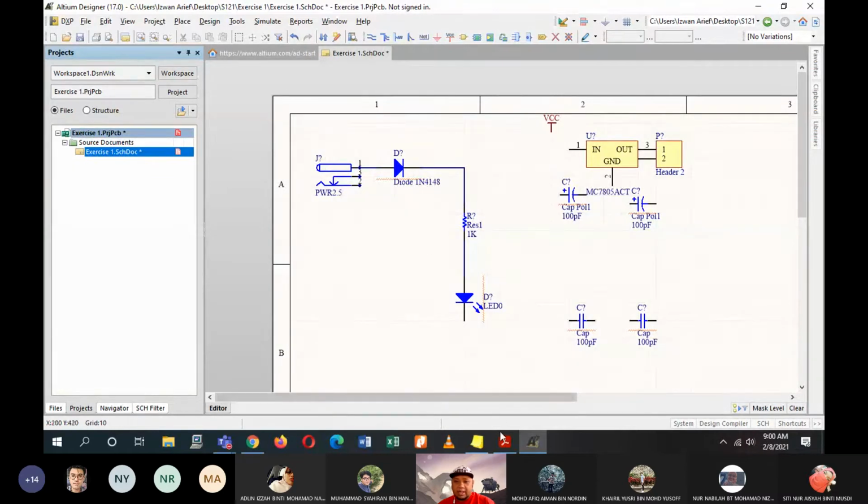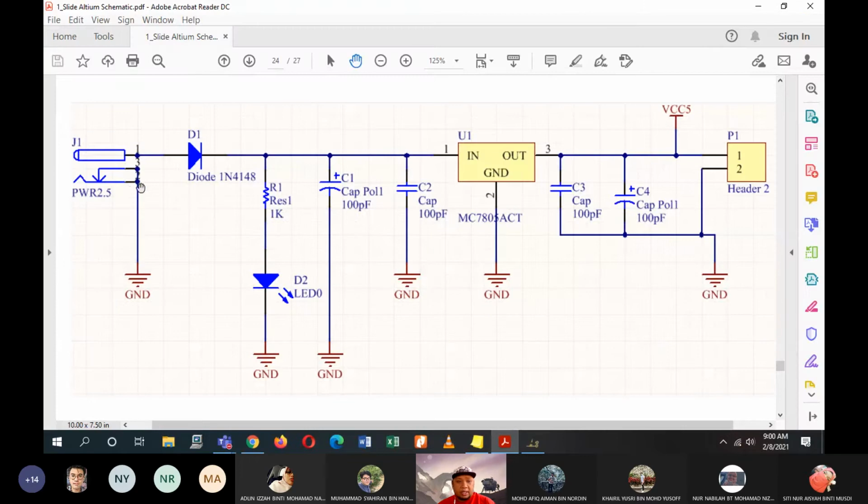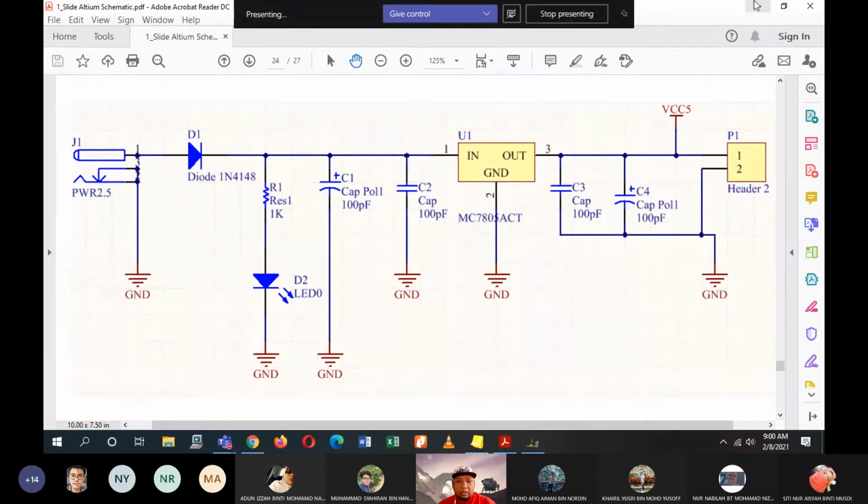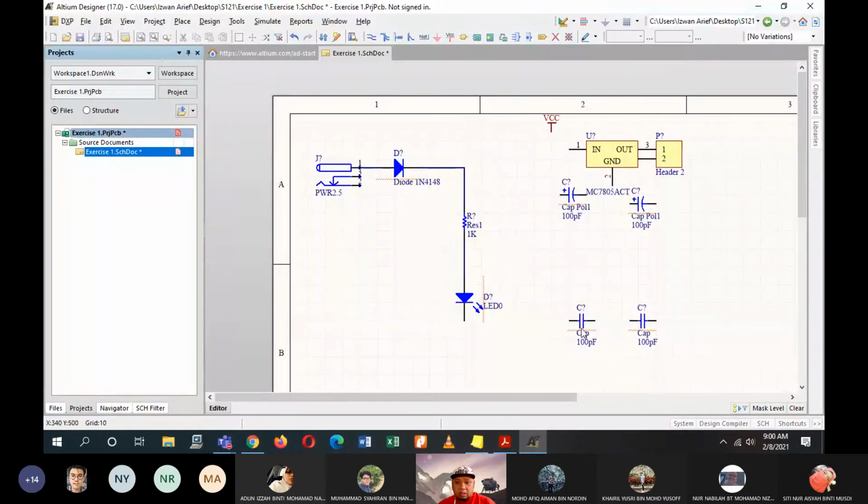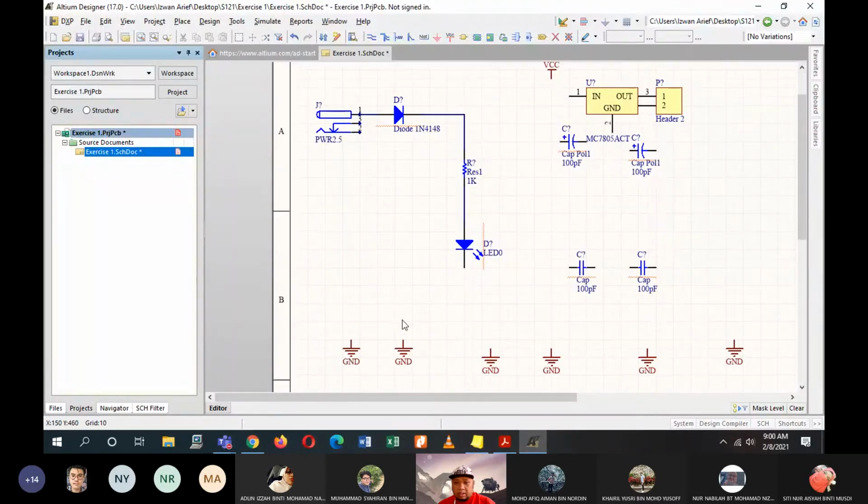Alright, so ground will be connected where? On the power, pin number 2, which will be going to ground. Where was it just now? Oh, this one. So just place a wire connecting to ground.